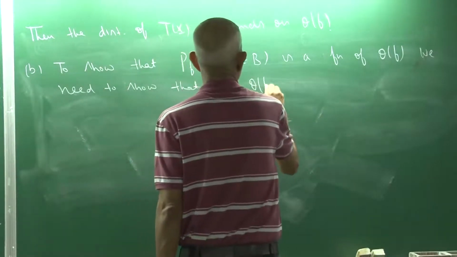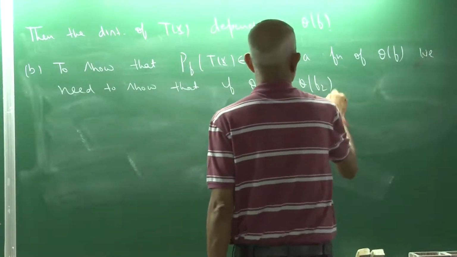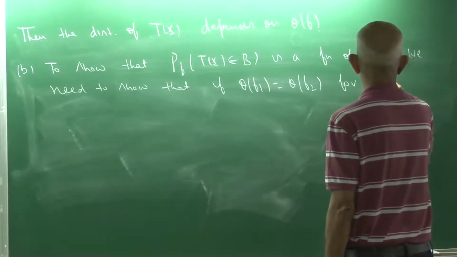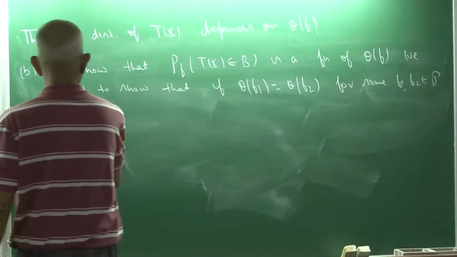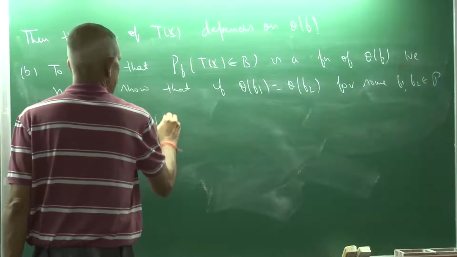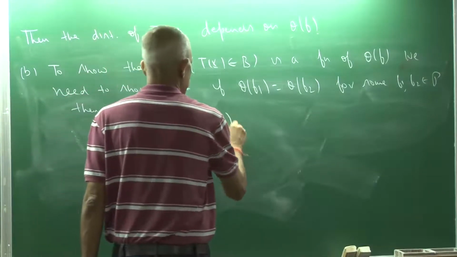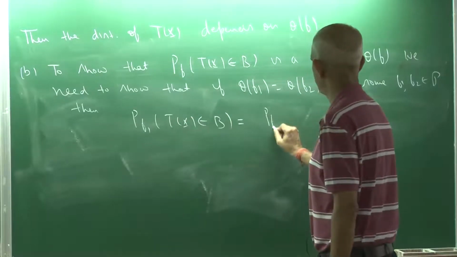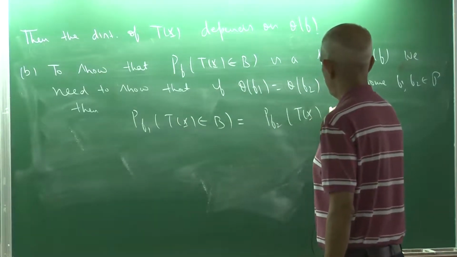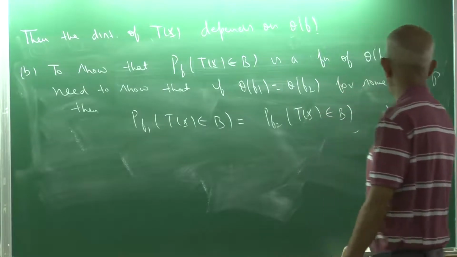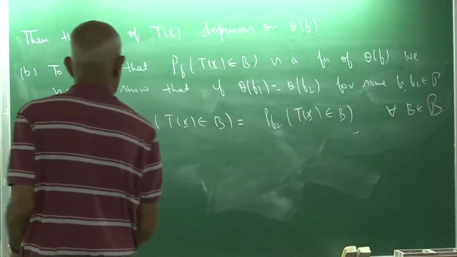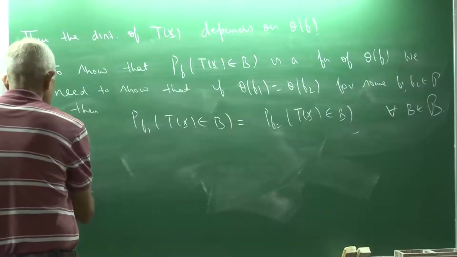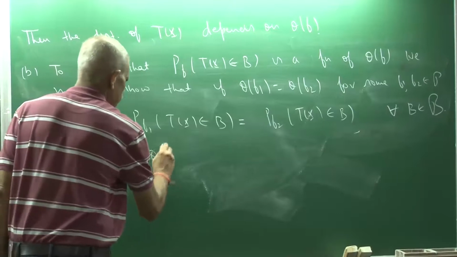if theta f1 is the same as theta f2 for some f1, f2, then P f1 T(x) belonging to B is the same as P f2 T(x) belonging to B for every Borel set B. All right, that is what you have to show. Okay, now let us try to see. So let theta f1 be the same as theta f2